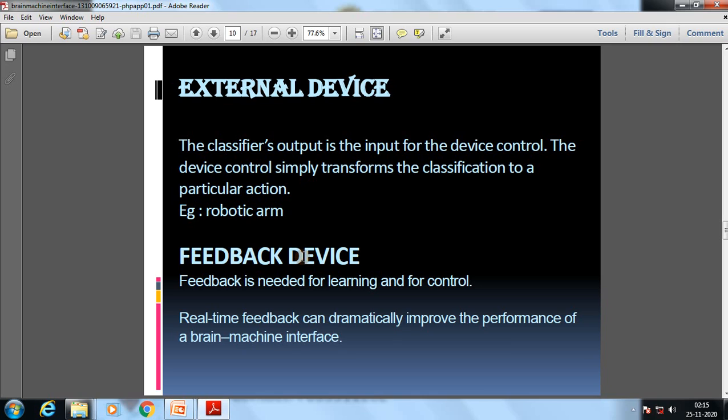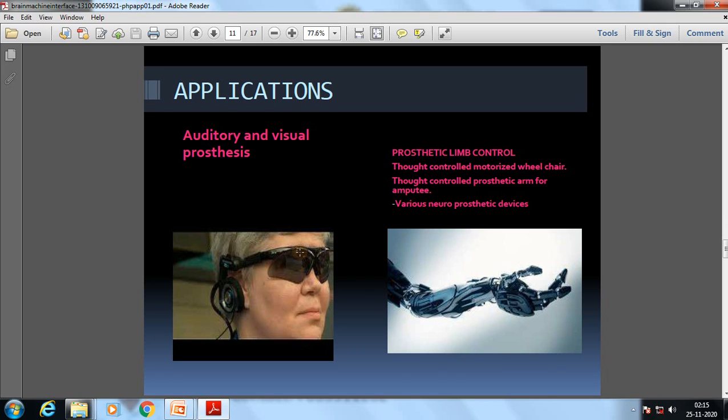Okay. So let's go to the next page. Application. First application is the auditory and visual prosthesis. Prosthetic limb control, thought-controlled motorized wheelchair, thought-controlled prosthetic arm for amputees, and various neuroprosthetic devices that we have